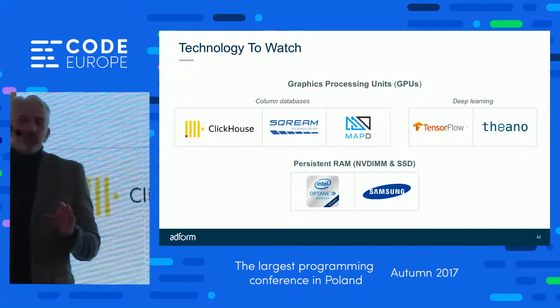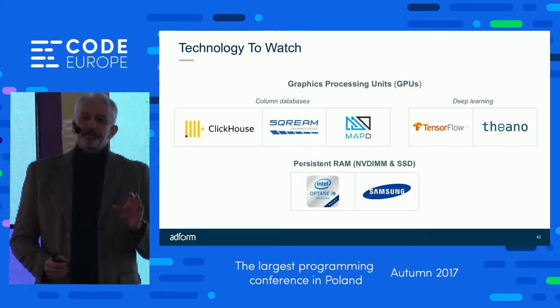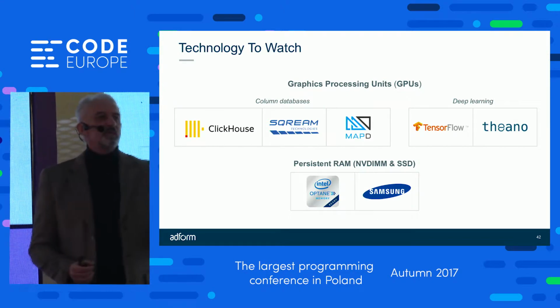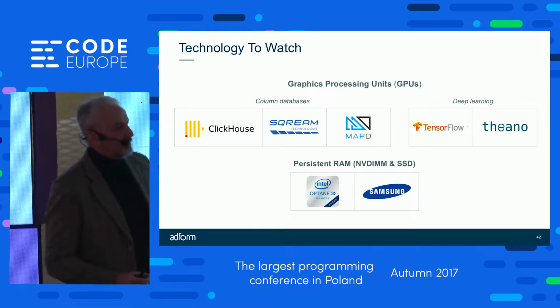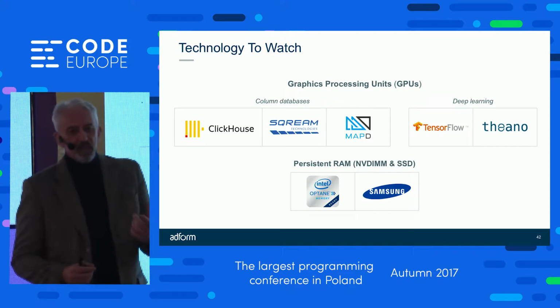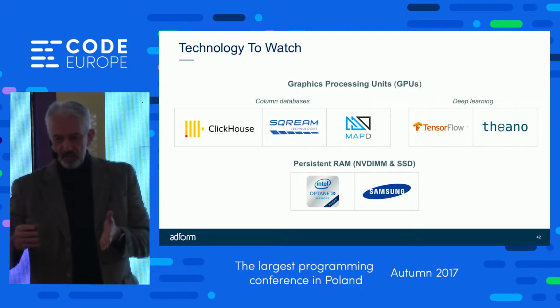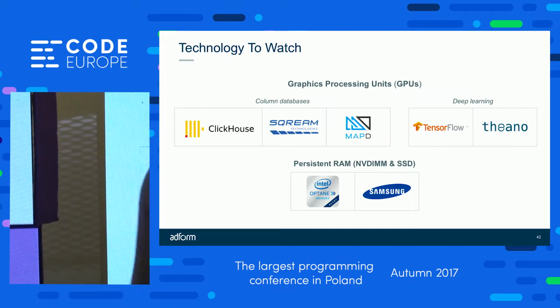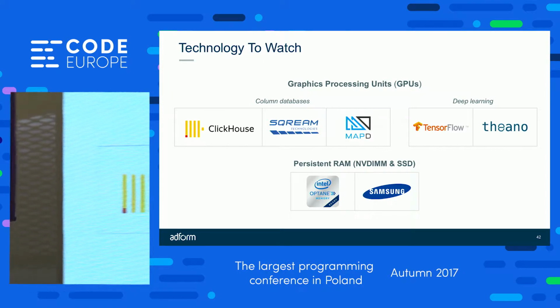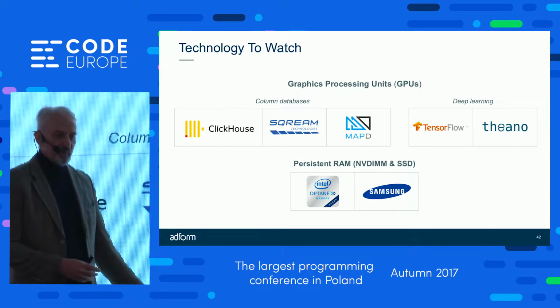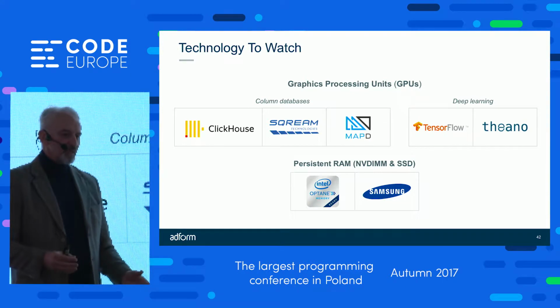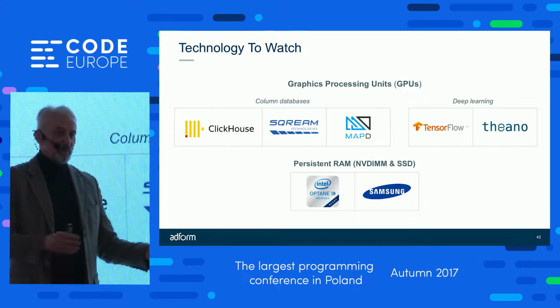Let me describe what this is. Instead of having a capacitor inside a chip in dynamic RAM or a floating gate MOSFET inside an SSD, this is a new technology. It's essentially like a resistor. It's persistent, but it's almost as fast as RAM. So imagine if you could have an SSD size storage that was as fast as RAM.